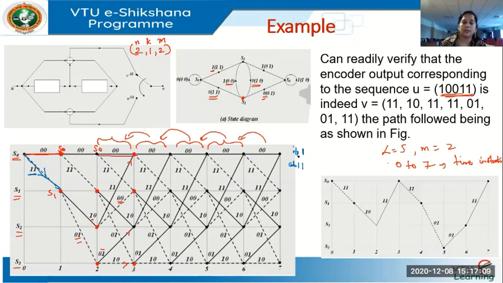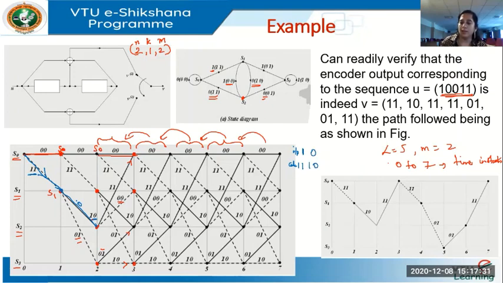The second bit going in is 0. So from here you get a 0, you come here. And what are the code bits output in the process? 1, 0.